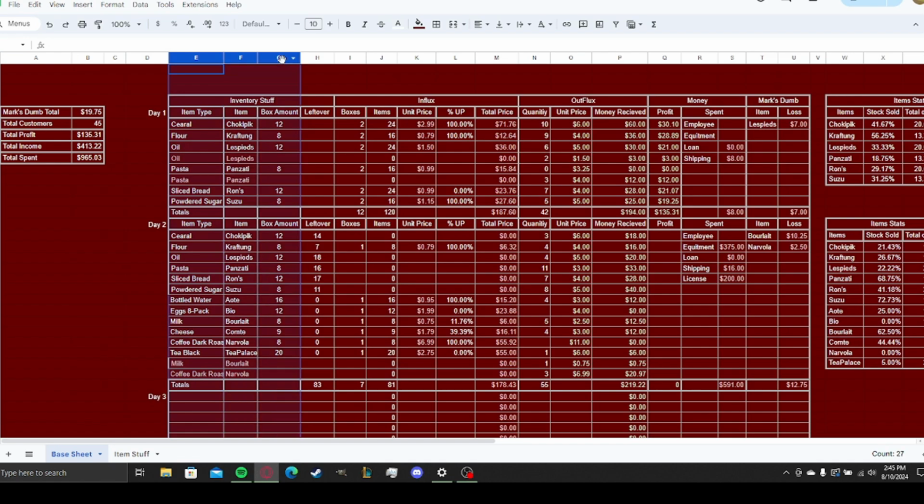Inventory. E through G is the type of item, the item's name, and the amount of them that come per box. Now, I did mention last time a few of the things on the wiki wrong. Amounts of item in a box, some reason wrong. I don't know how. They didn't have 9 cheeses. They had 12 in a box. That ain't right. So unfortunate. Hopefully all the info is right on this one too,